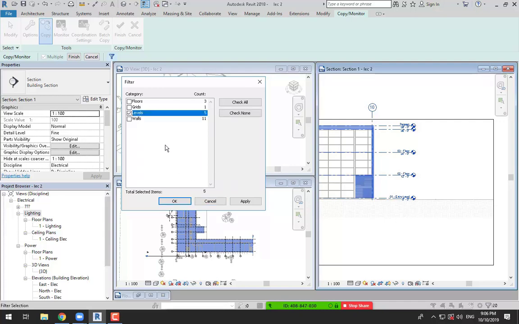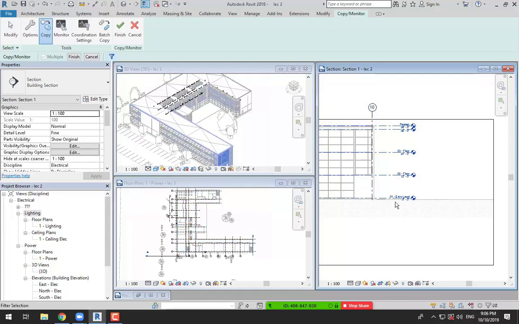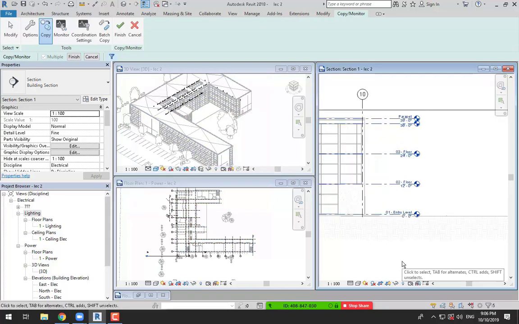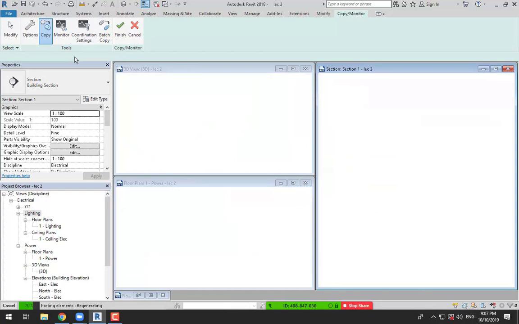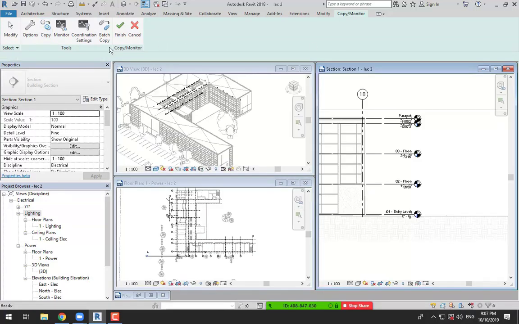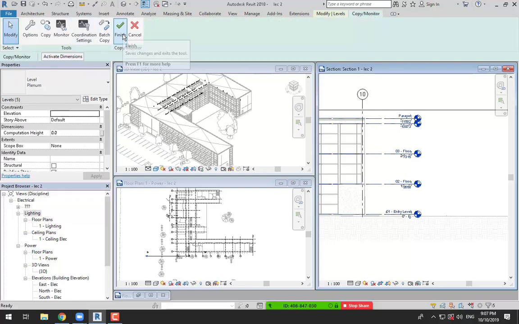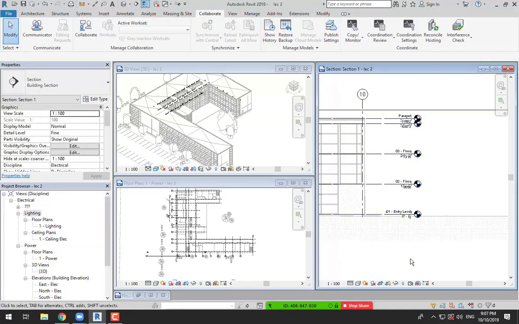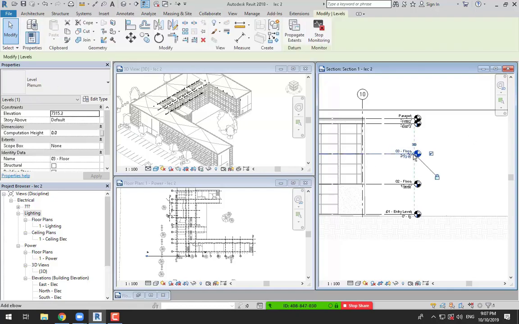So I will select levels here. When I select levels and uncheck the improper tools or the elements that I don't want to copy, Revit automatically will select only the levels. Okay. After I finish selecting these levels, I will click on finish. And I will click on finish again. Okay. Now I copied